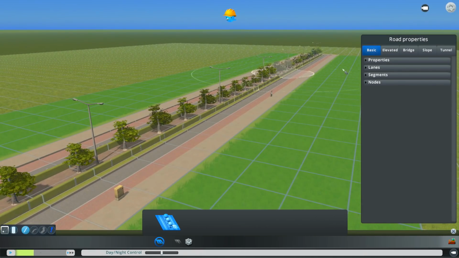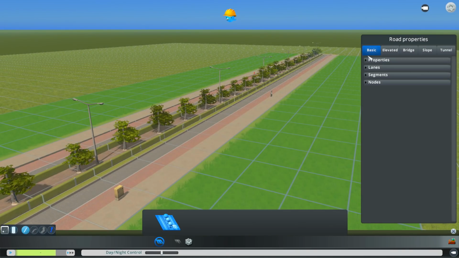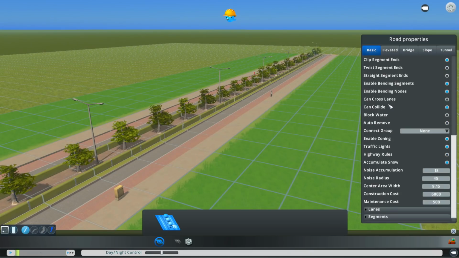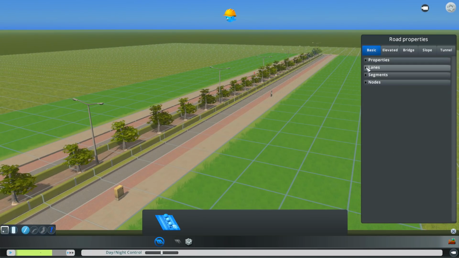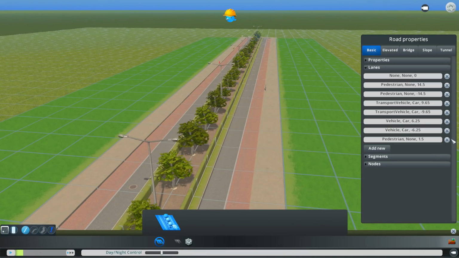And now we have all of these options along here to change everything about that road. Obviously, we have all the different settings depending on what type of road you're making. Let's stick with this one here. So if you open this up, you can change the properties on absolutely everything. I'm not going to go through every single setting on here, but there is so much. One down here that's easy to see, we can see our lanes on the road. If I start clicking these,